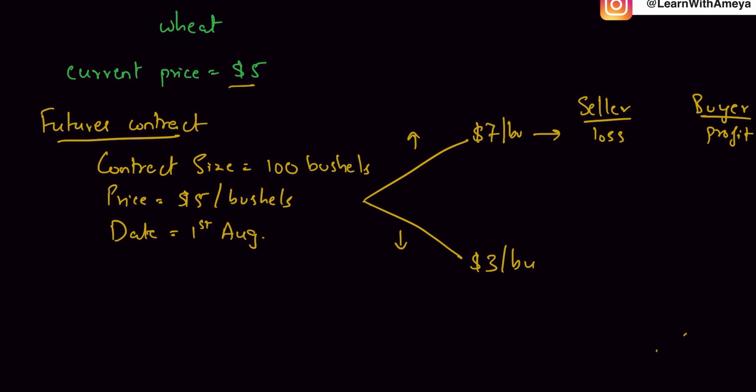But instead of $7, because of the promise, he's getting it at $5. So it's a profit for the buyer and a loss for the seller. And what's the loss and the profit? It's basically the difference in the price, which is $2, multiplied by the quantity, the contract size, which is 100,